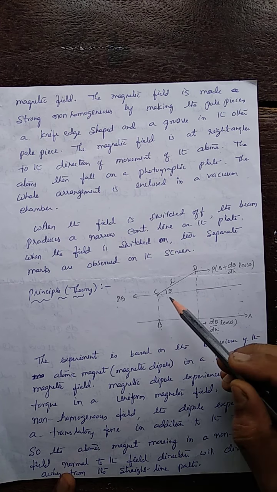Now here, after passing through this non-homogeneous field, the atoms get displaced and hit the photographic plate, and they produce a mark like this on the screen. Suppose this is the mark produced from the actual path in the absence of the magnetic field, when the field is switched off. Then the marks produced in the presence of the field are one up like this and the other one down, below this. Such a mark is produced on the screen. This distance is called the displacement of the atoms from the actual path.